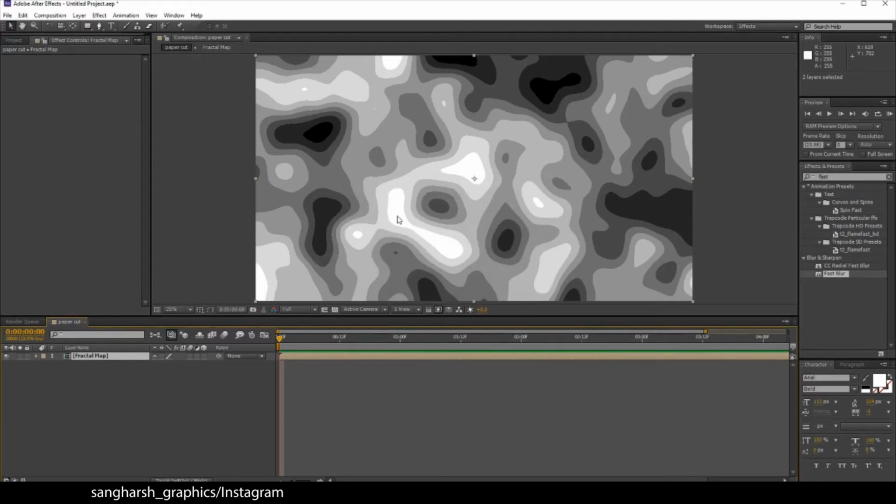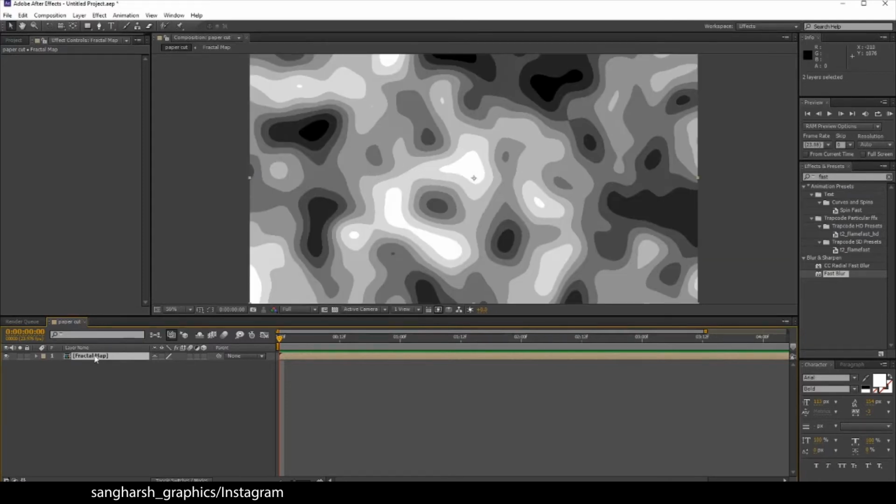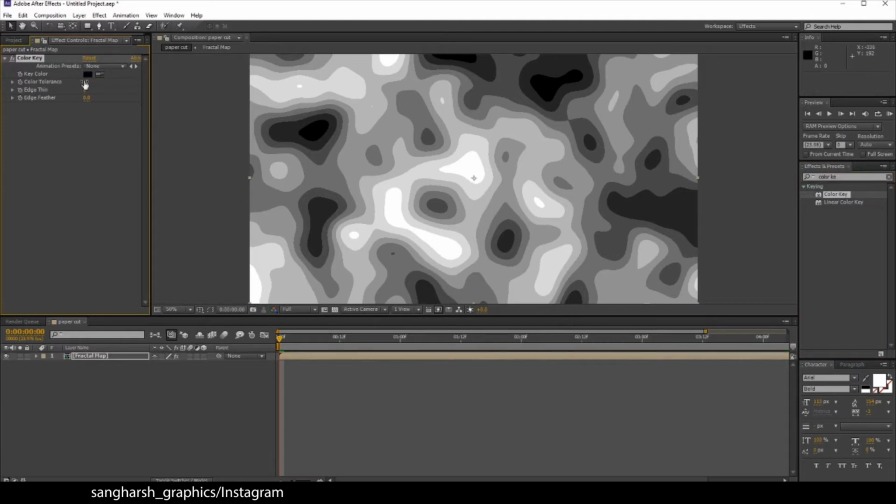Okay, now select the fractal map. Let's search for color key, apply it on the fractal map, select the darkest color, make the tolerance 1, and now if you turn on the layer transparency, you can see the black is gone, but we need to invert it.